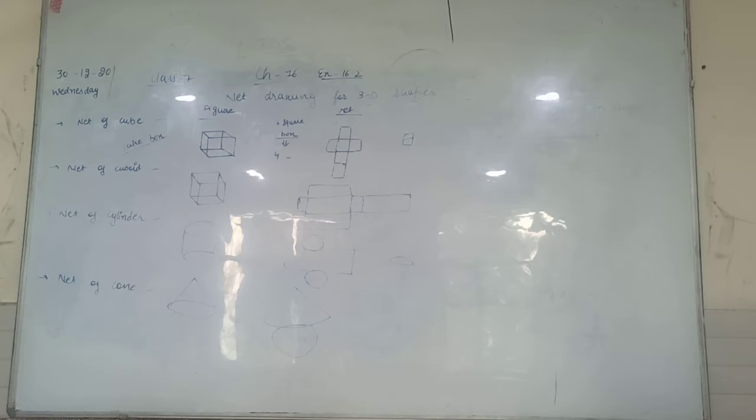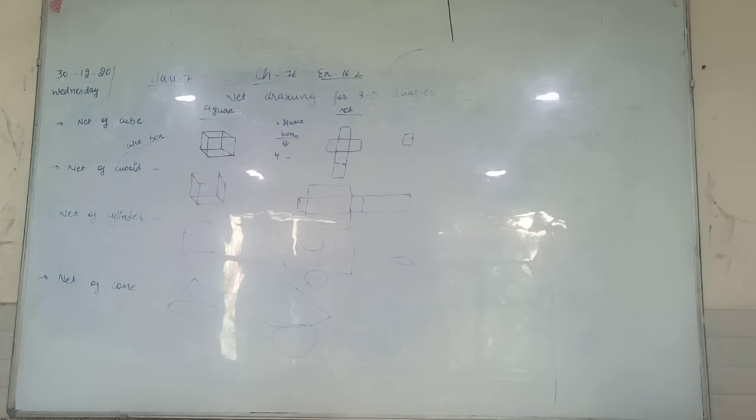pyramid. Net of pyramids. Remember one point, that every solid shape has a different net based on the way it is cut. It depends on the basis of how they cut it. But the number of faces in all the nets of a solid shape is always the same. Number of faces. Remember the point? Shape is different, but the number of faces remains the same.